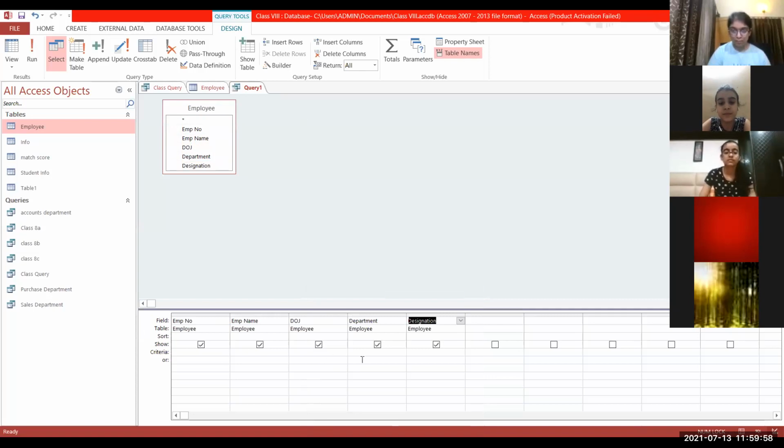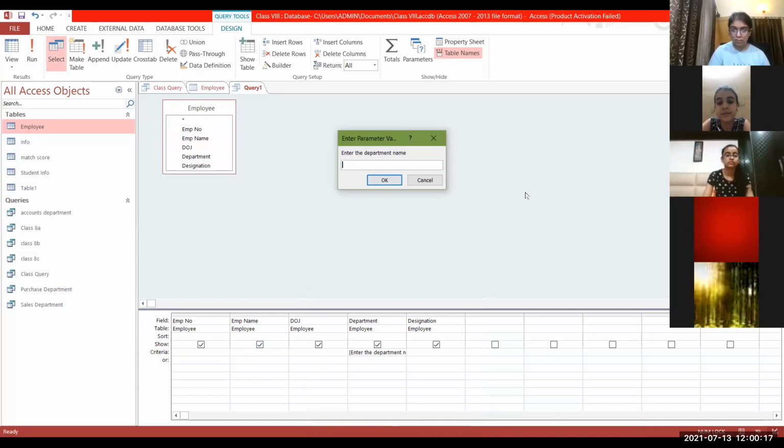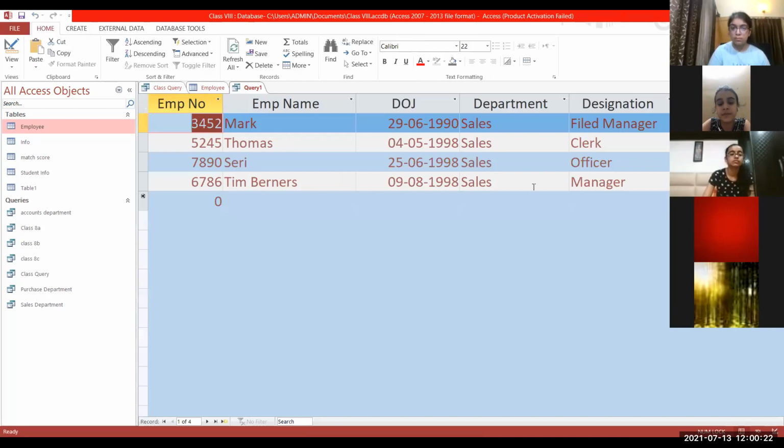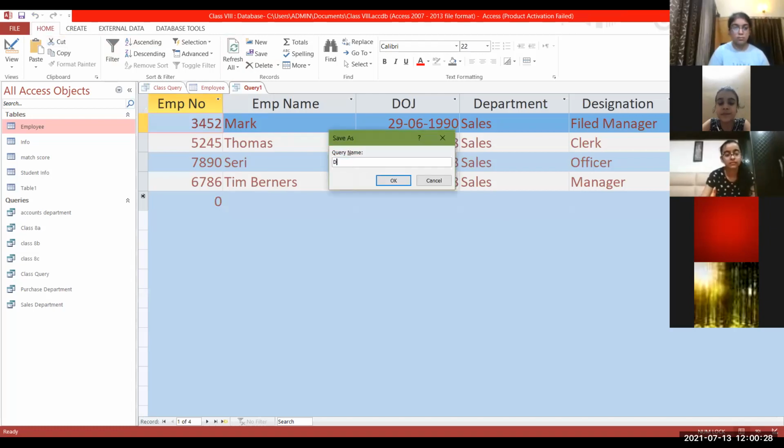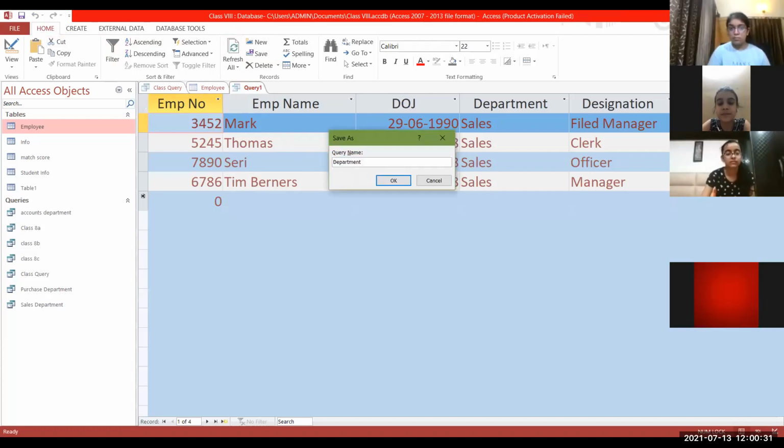Then in department name, here in square brackets, message: Enter the department name, and close the square bracket. Now run it. It will ask you to enter the department name. I will say sales. It will give me the records for sales department. Got it? I can save it. I will save it as department query.